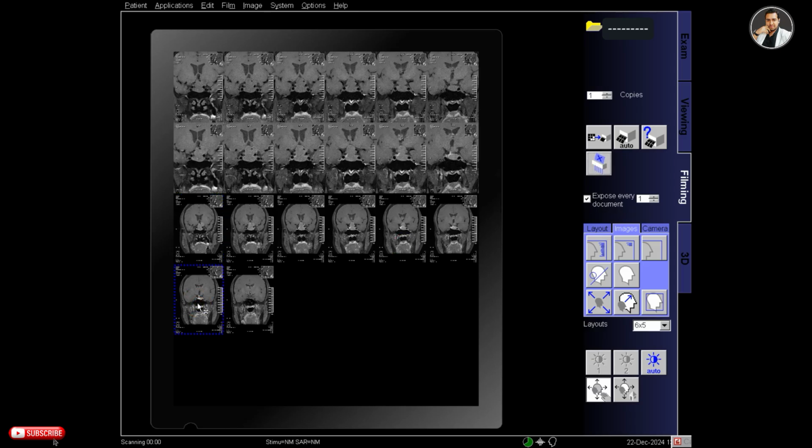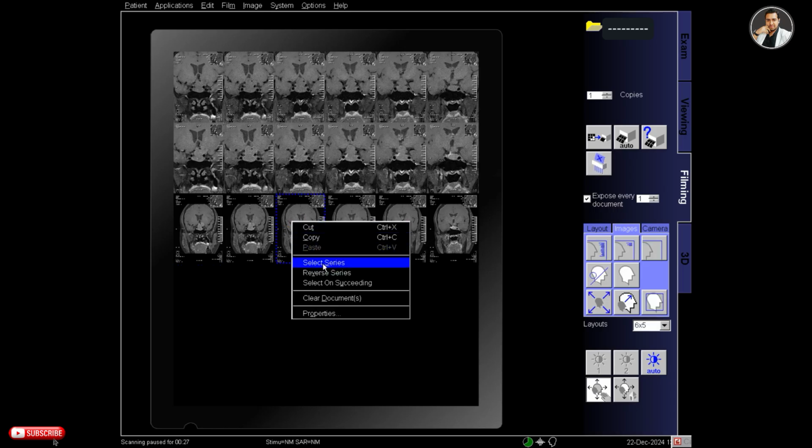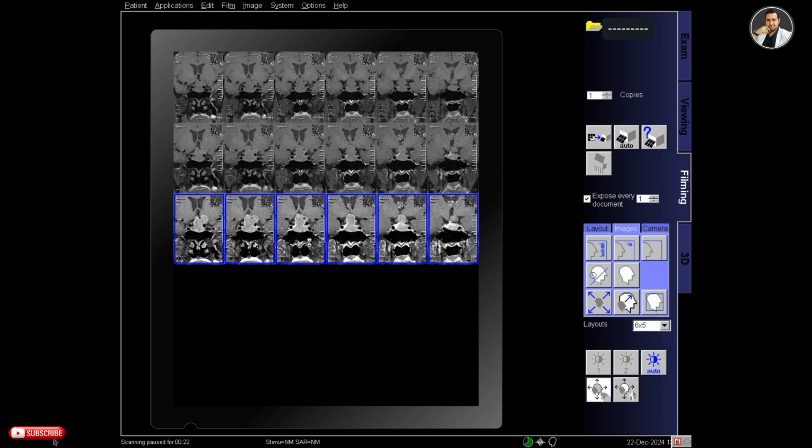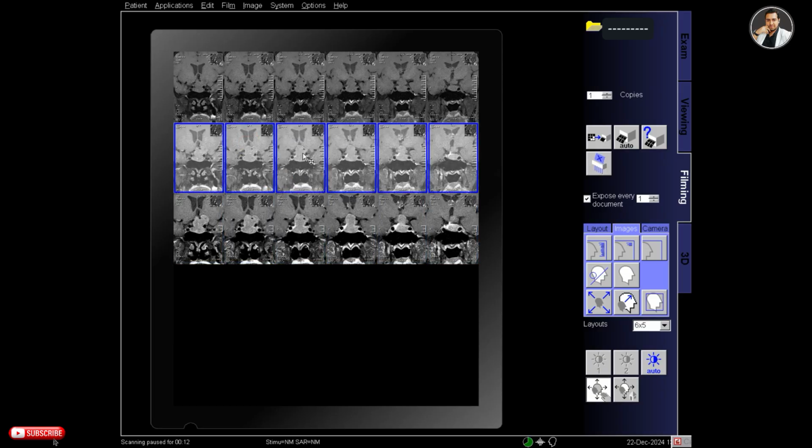So I have to delete 3 images from the front and the back, and adjust the contrast of the images.